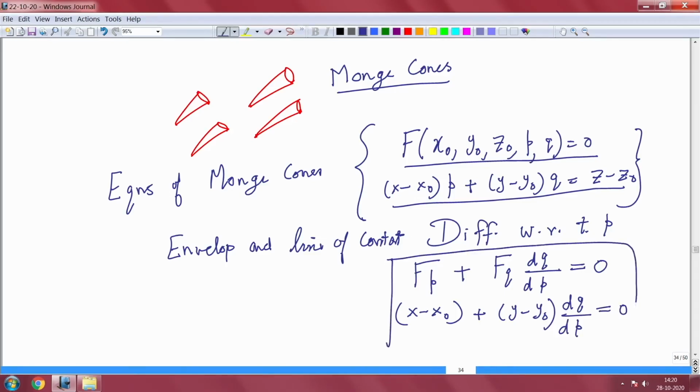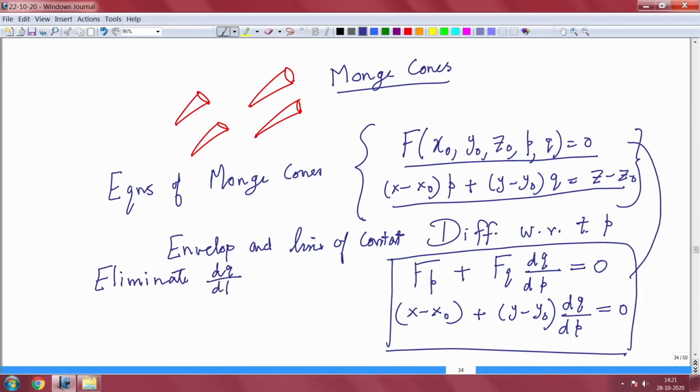These two equations together with these equations, you eliminate dq by dp. If you eliminate dq by dp, you get